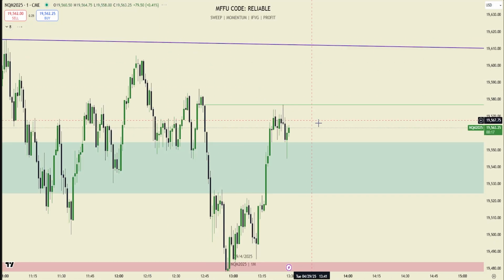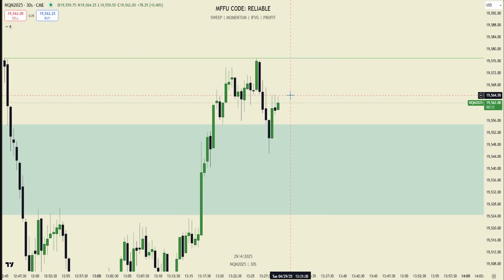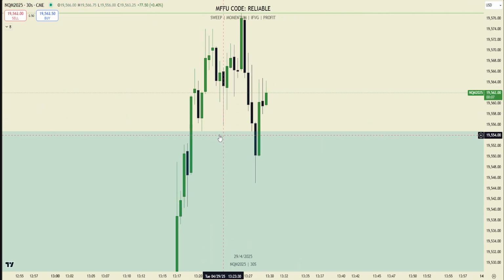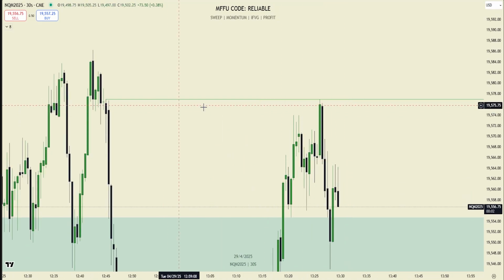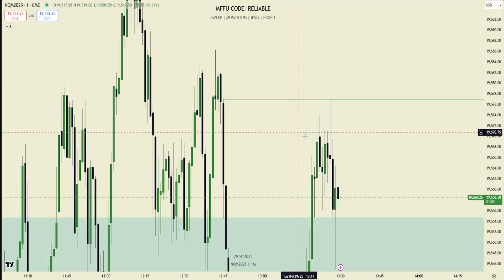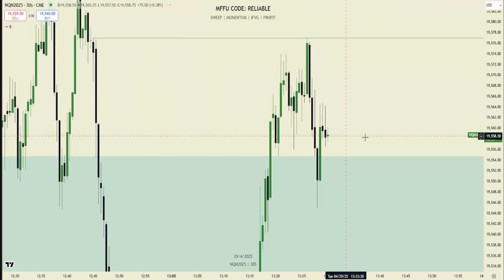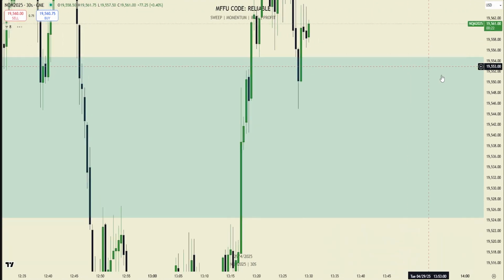Honestly, right now, I don't hate this 30-second long. I know it's technically not a valid setup, because we don't have the... I guess we did sweep liquidity and we're delivering from the five, but those equal highs are not the greatest equal highs to target because they're not at swing points. But I like this momentum initially from this 30-second candle, so I think we could go up here.